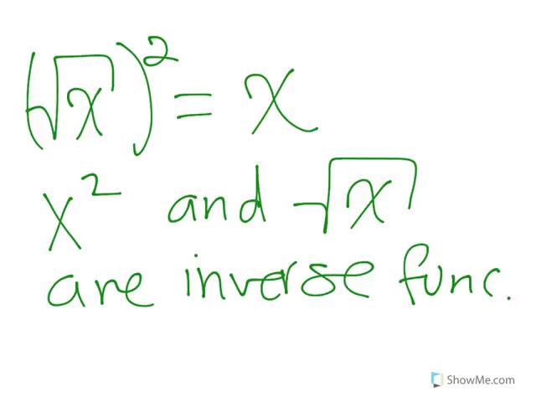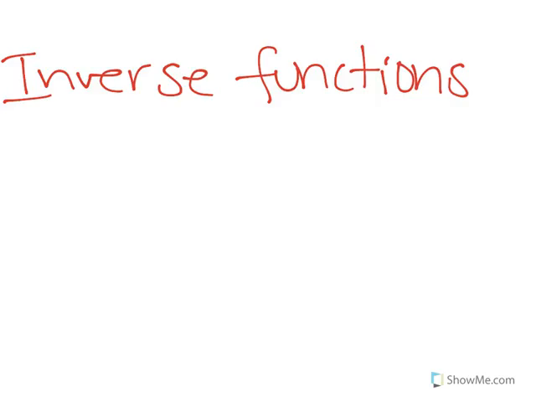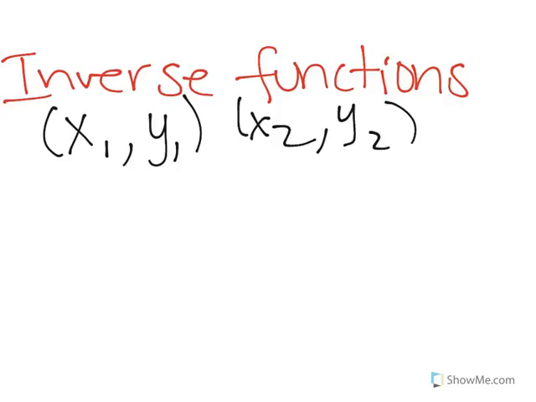Very well. Now, another way to know if you have an inverse function is by looking at the points that it crosses. So, for example, if we have x1, y1, x2, y2, and x3, y3, and we say that a function passes through those points, crosses those points, the inverse